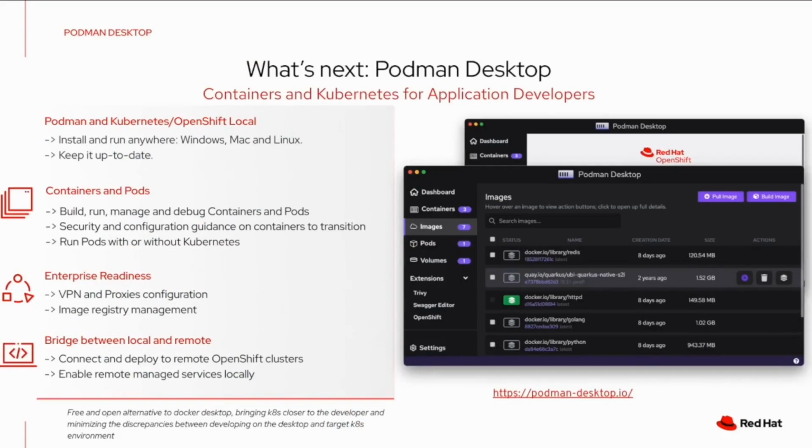So what's coming next on the horizon to help you with the inner loop? One of the tools that we're working on is, if you're familiar with Podman, we are packaging Podman into a desktop-like experience. This way, you're able to run it anywhere on your favorite developer platforms, and it'll automatically get updated. It'll have a rich interface like a desktop, so you'll be able to go through the steps of building, running them as pods, and pushing the images into your repository of choice. And you can basically run pods, and you don't need to have Kubernetes. It just runs directly within Podman.